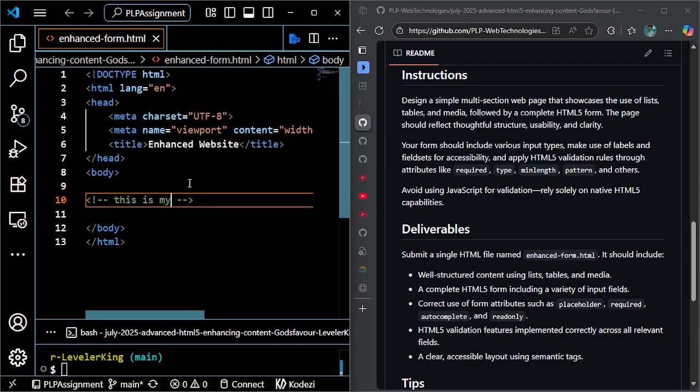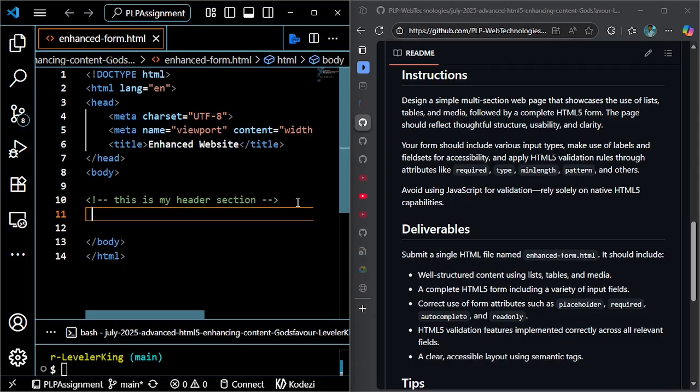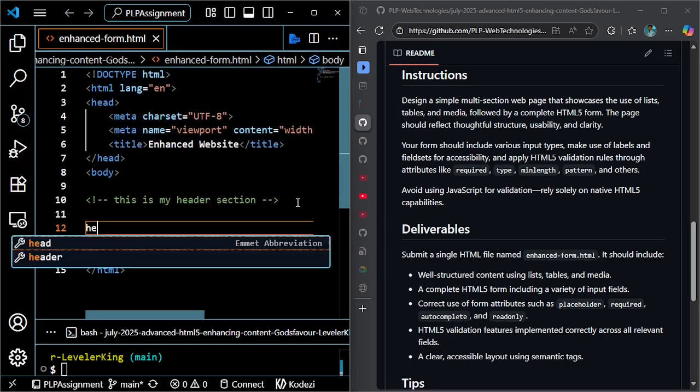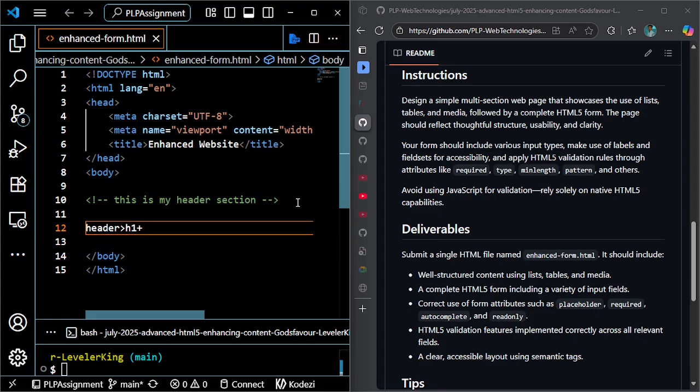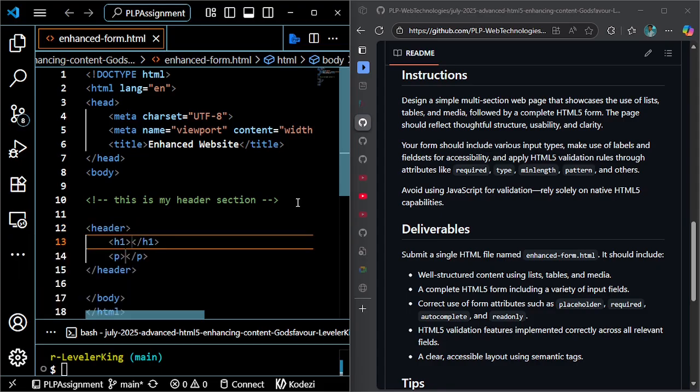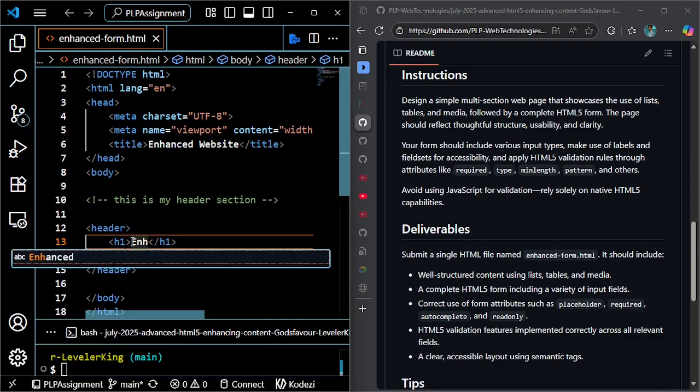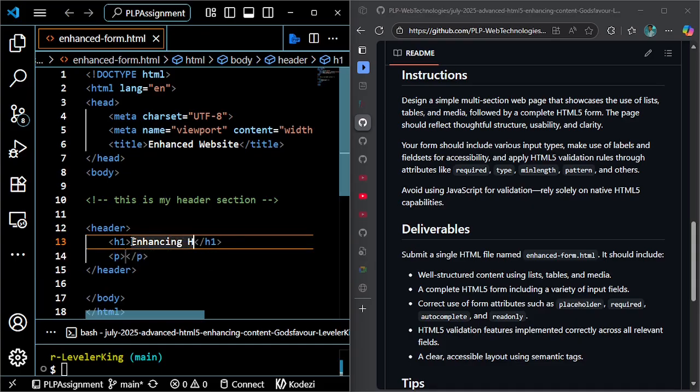Then in the body here, the first section I want to do is my header. This is my header section. Then I'm going to use header, then h1, and I guess that's it. h1 plus p. All right, so in h1 I can say enhancing HTML5 and